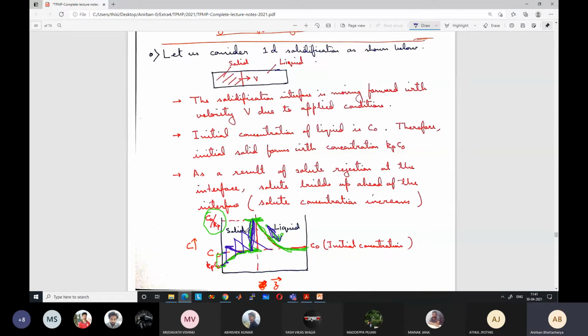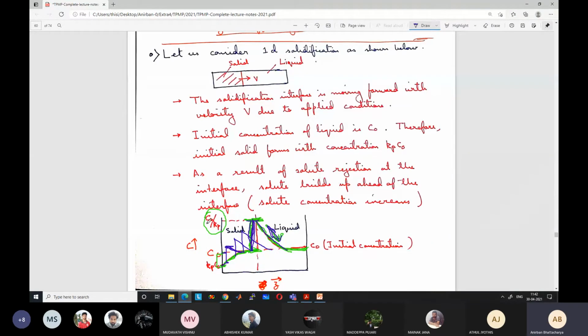at this moment the diffusion is exactly equal to the solute that is getting removed from this due to solidification. As a result, the concentration does not increase in the liquid anymore. So the concentration in the liquid remains as C0 by Kp, and the concentration in the solid for further solidification will remain as C0 until it reaches towards the end.